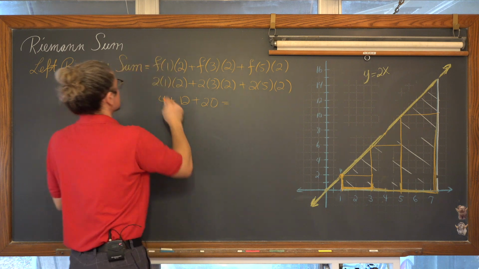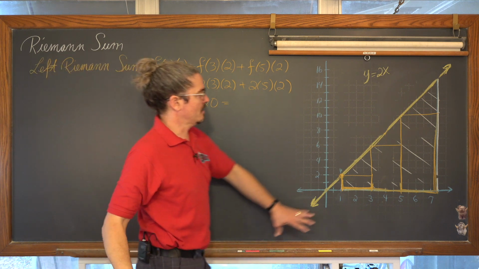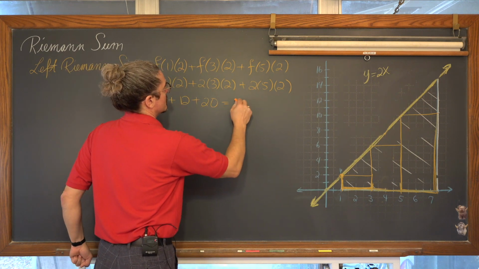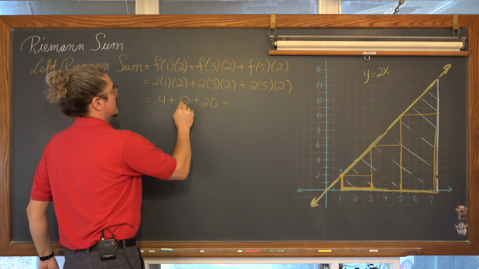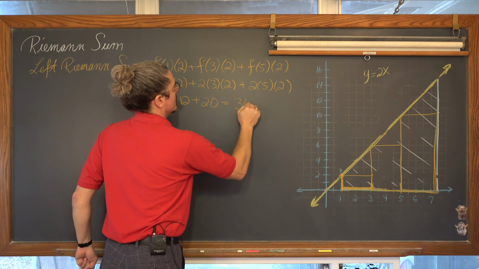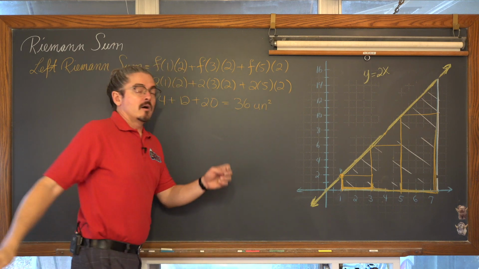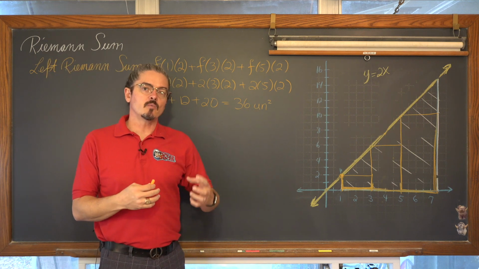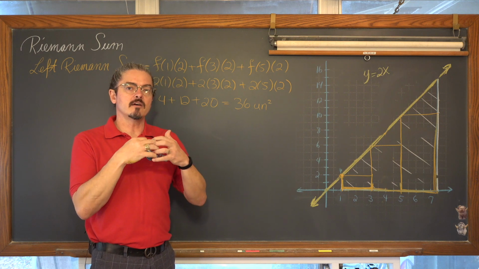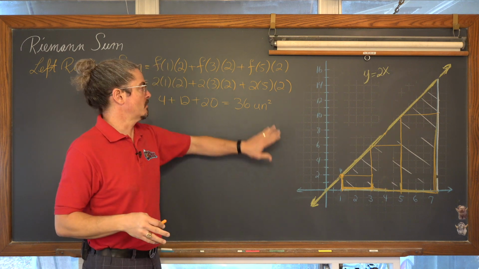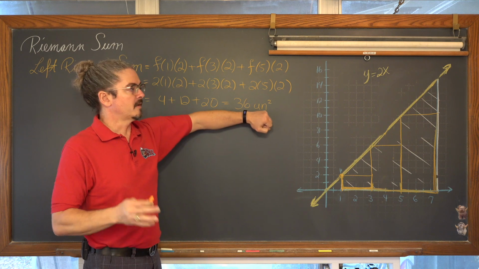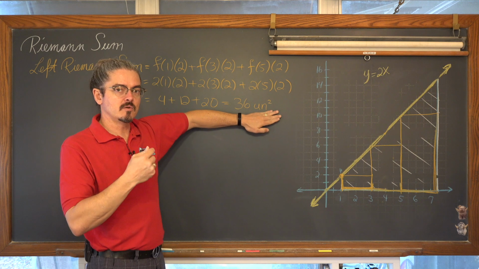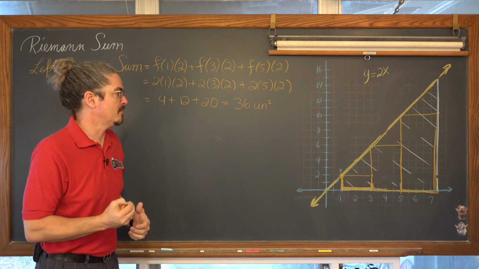And so our left Riemann sum is estimating the area between the curve y equals 2x and the x-axis to be 4 plus 12 plus 20, which is 36 square units. Now, ultimately, we're building up to defining and understanding what definite integrals give us. They have many more applications than just area. So when we get an answer from a definite integral, not that you have seen me write a definite integral yet, please do not just default to square units. Use the units appropriate for your particular problem.